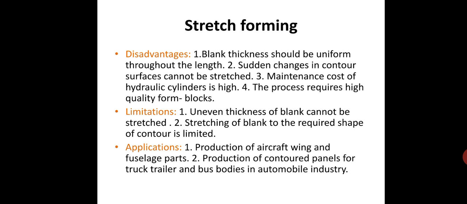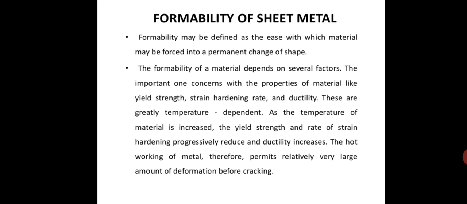Next, the fourth unit, next topic is the formability of sheet metal. Formability of sheet metal may be defined as the ease with which material may be forced into a permanent change of shape. It is formability. The formability of the material depends on several factors. The important one